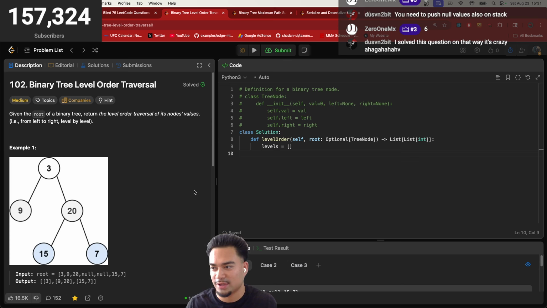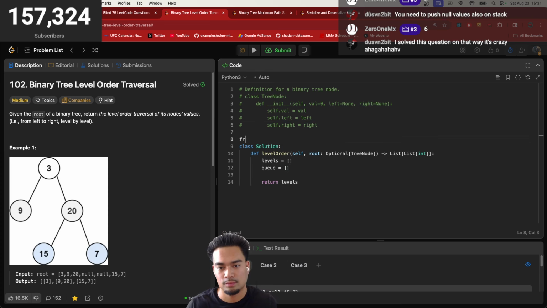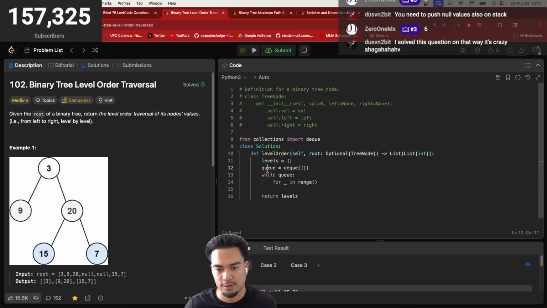Chat, how much have I solved now? Return levels. So we're gonna use a queue. From collections import deque. So we'll use a deque here. Say while the queue actually exists, for in range of length of the queue, what we're gonna do is